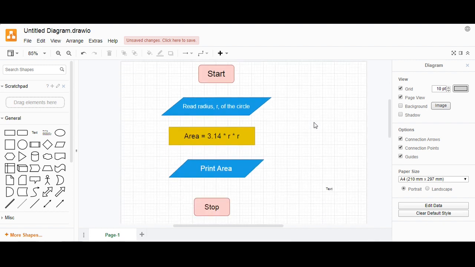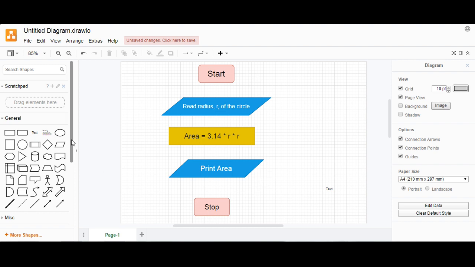So this is our algorithm. Now we have to use the connectors or flow lines to show the sequence of execution of these steps.